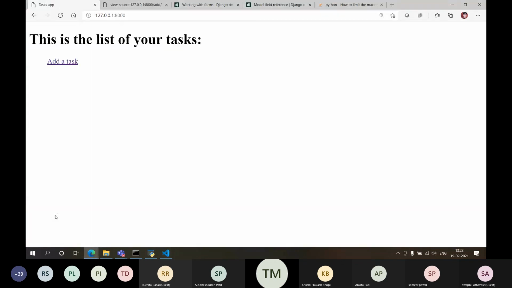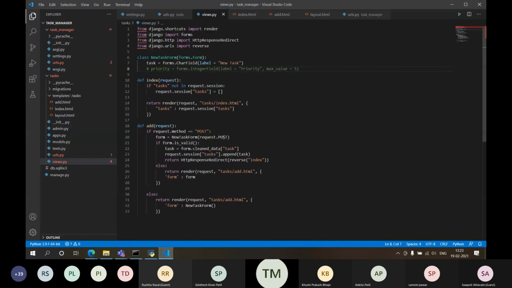If I go over here, here also it's not showing. I'm getting just a redirection over here. I am adding it, I'm writing reverse also.